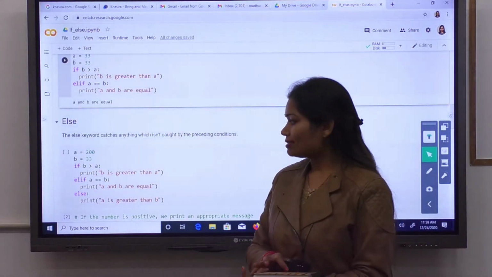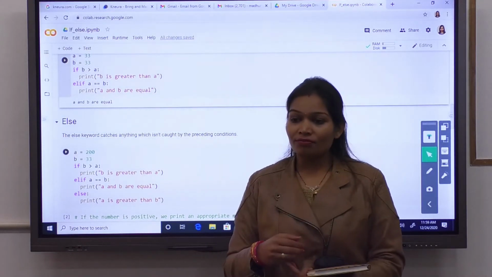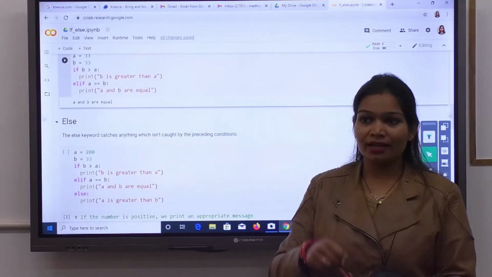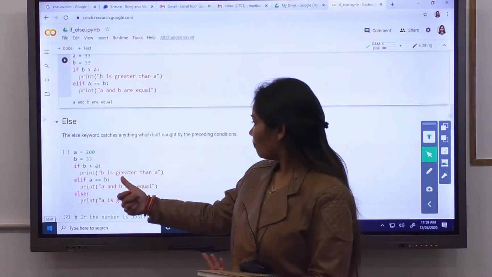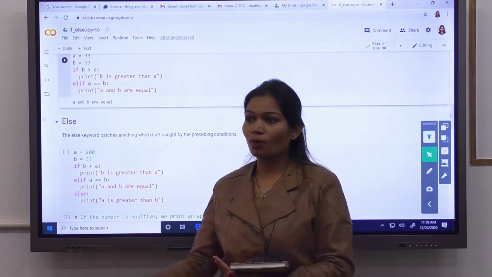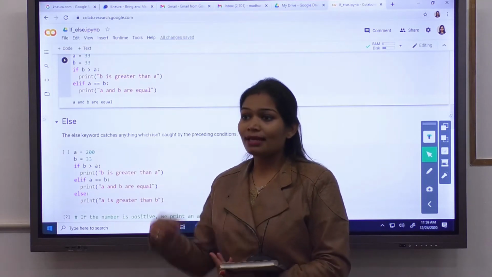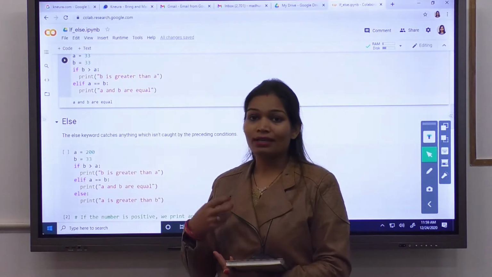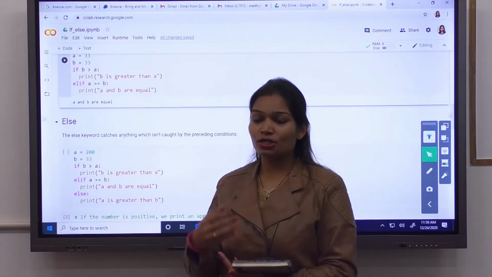So what is else here? If the situation is not caught in the preceding conditions, suppose that you are putting if, you are putting n numbers of elif, still a condition is not caught. All the conditions are false.